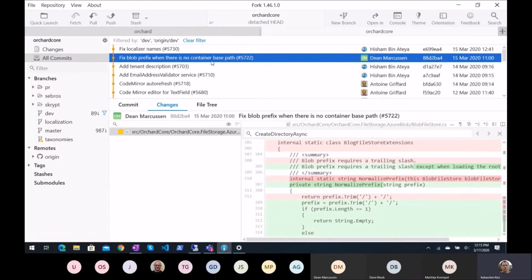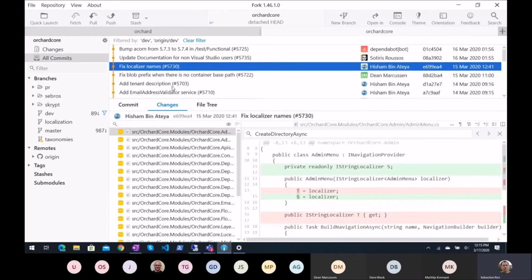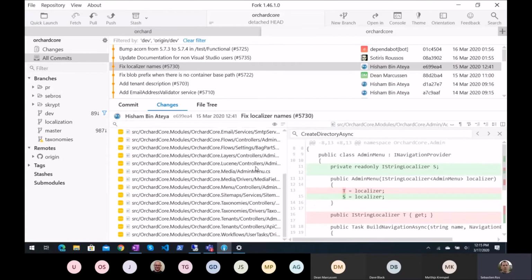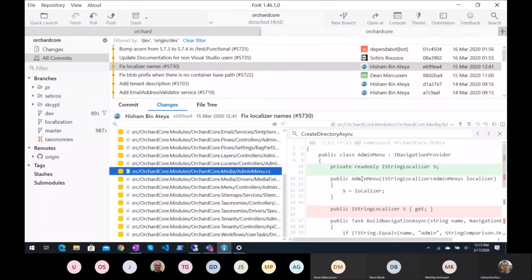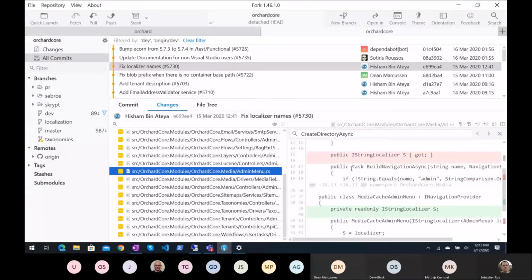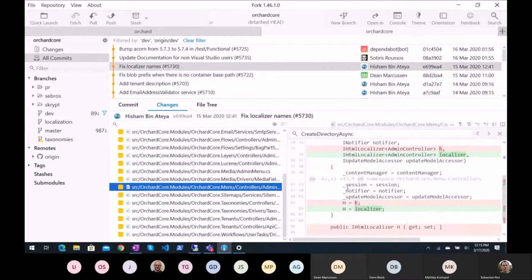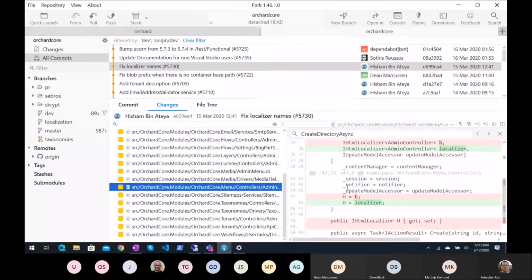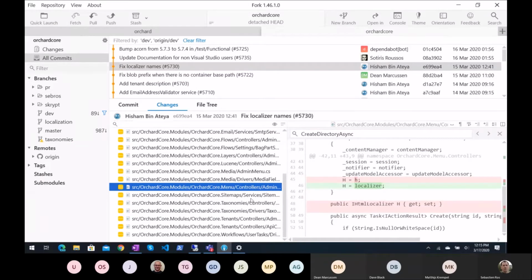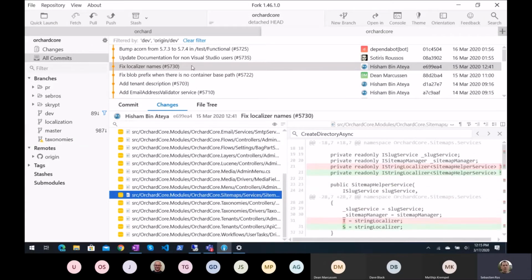There was an issue, didn't fix it. Fix localizer names. We still have some wrong localizers, or at least some wrong names. Interesting. Yeah, okay, some little refactoring.